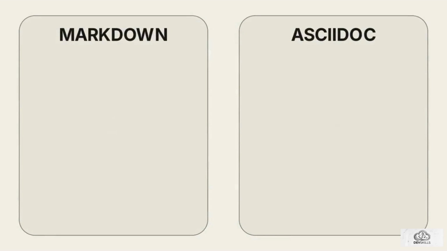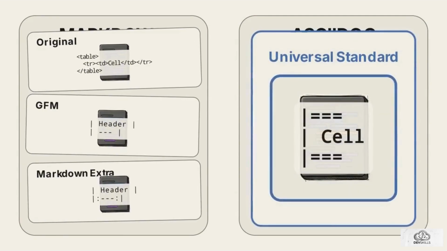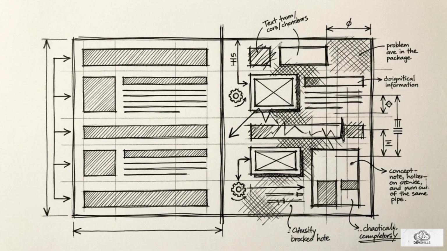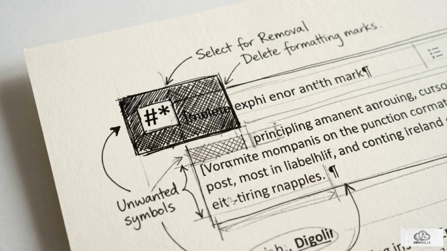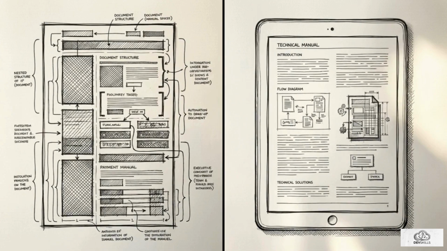This comparison shows the result. On the left, Markdown is fractured into incompatible versions like Original, GFM, and Extra. On the right, AsciiDoc operates under one strictly unified parsing standard. As the table shifts to code inputs, AsciiDoc handles elements like multi-column tables using native syntax blocks, while Markdown relies on raw HTML. To access this power, you have to actively unlearn the Markdown habits you've built up over the years. Because it supports these advanced features, the raw plain text of an AsciiDoc file appears slightly more cluttered to the naked eye.